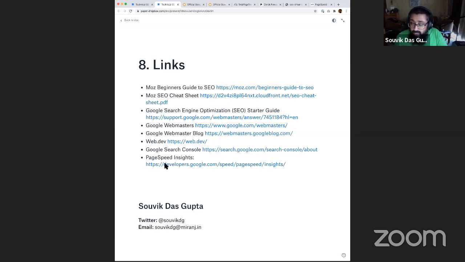And lastly, you must use the Google PageSpeed Insights in order to audit the performance of your website and follow the best practices, because these are things that Google is clearly laying out as either some of them have already been incorporated as their ranking signal, or soon more of these bits are going to get incorporated in their ranking signal.